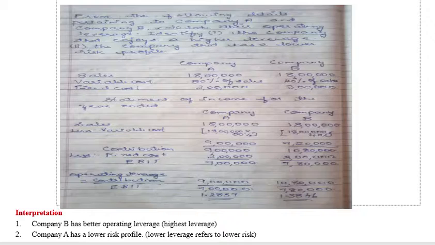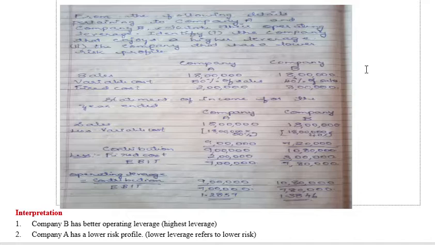Okay, so let us go through the income statement. Now the income statement begins with the sales. So I have written sales here, see the solution. You see the problem here, company A 18 lakh, company B 18 lakh. So sales 18 lakh and 18 lakh, less variable cost. Variable cost you have to deduct here. Now what is the variable cost you are going to deduct here is company A 50% of sales, company B